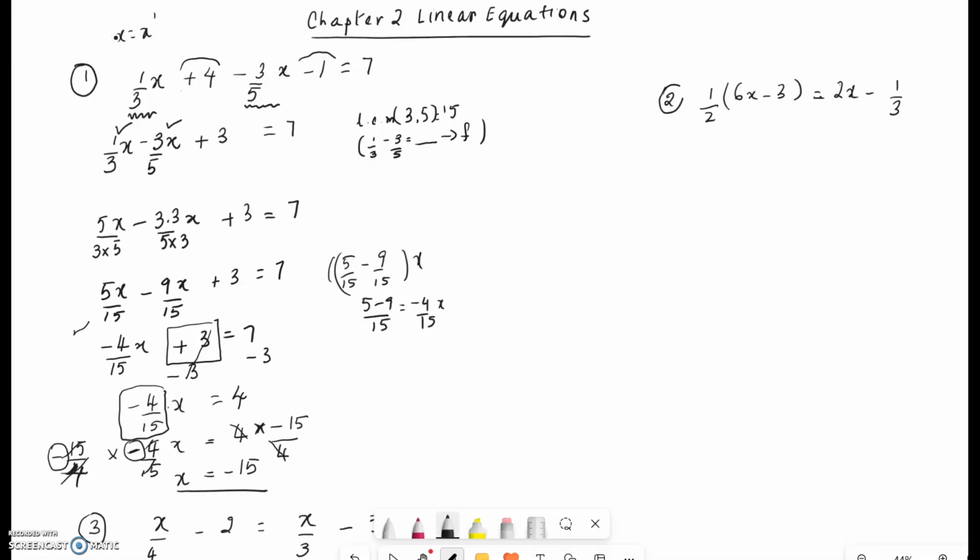Now we're going to see very similar equations. Now, if you see a lot of fractions on the left and on the right, I'm going to show you another technique. First, let's put an equal sign here. You have a 2 and a 3 in the denominator. Okay. So what we're going to do is,